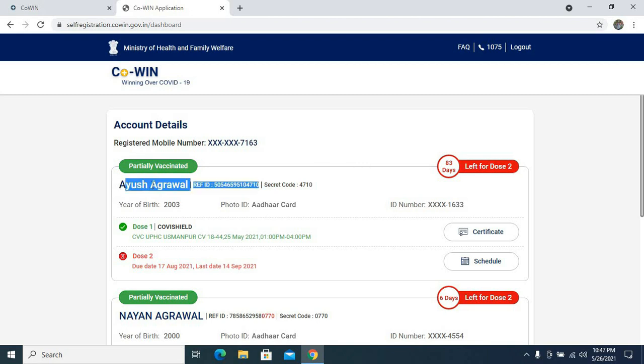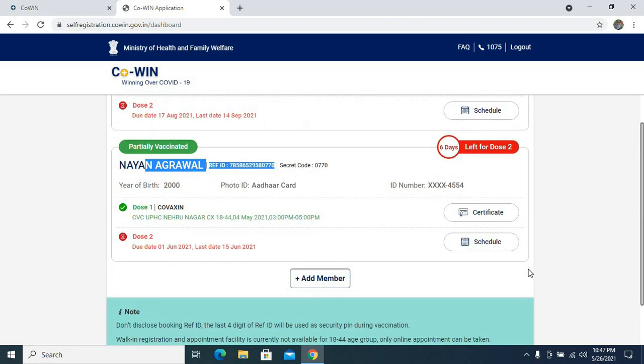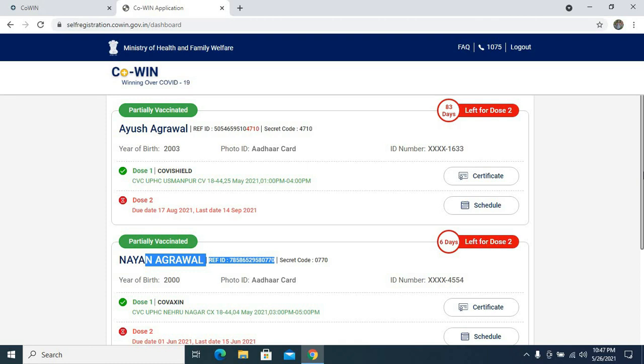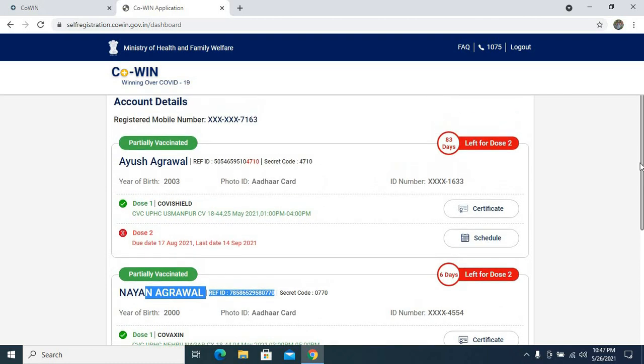My younger brother Ayush Agarwal and I are registered on this portal. You can also add any of your family members on this portal, but there is a limit of 4 including you. Only 4 members can be added including you. So this was the first step, to get registered on this portal for the vaccination.